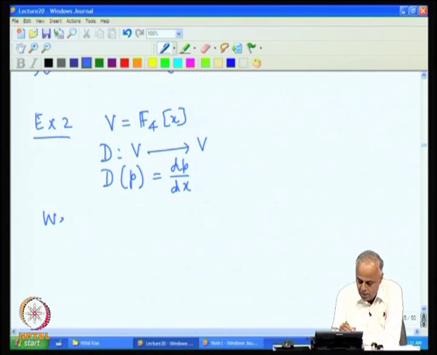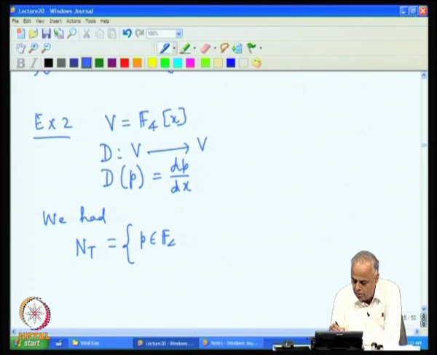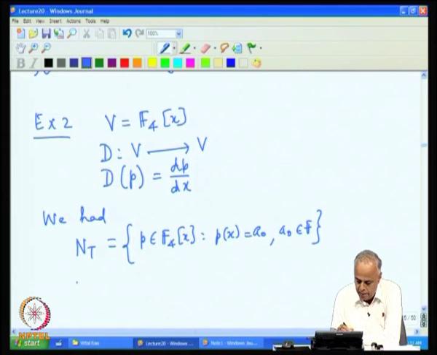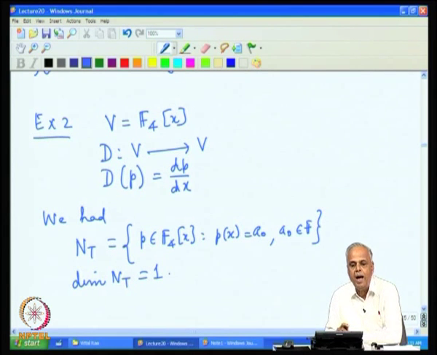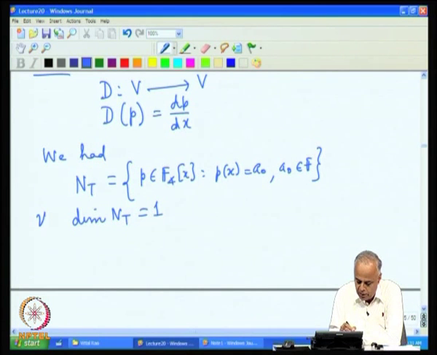defined as the differentiation operator, dp equal to dp by dx. And we had found the null space of T to consist of all constant polynomials, so that P x equal to a naught belongs to F, and the dimension of the null space of T is 1 again, because it is spanned by the constant polynomial 1, and therefore, nu T is 1. And we also had the range of T